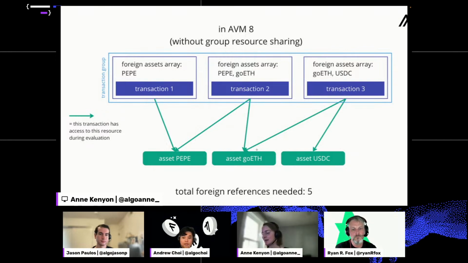And the actual limit, by the way, I don't think I mentioned the actual number, is that across your 4 foreign reference arrays, you can have at most 8 references. And over time, as people started building more and more in Algorand, it became obvious that for some set of use cases, that 8 number was a problem. It was preventing them from building what they wanted to. And one of the simple examples to talk about is, if you're building an NFT marketplace and people are selling art on it, and they want to include royalties